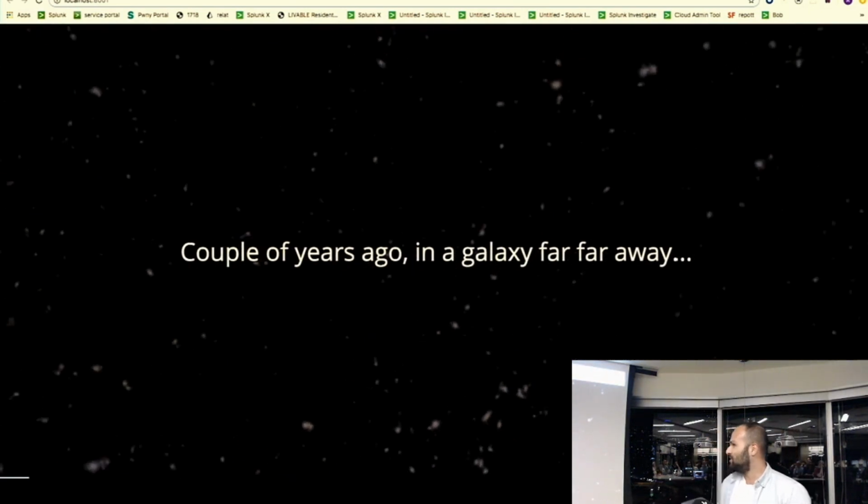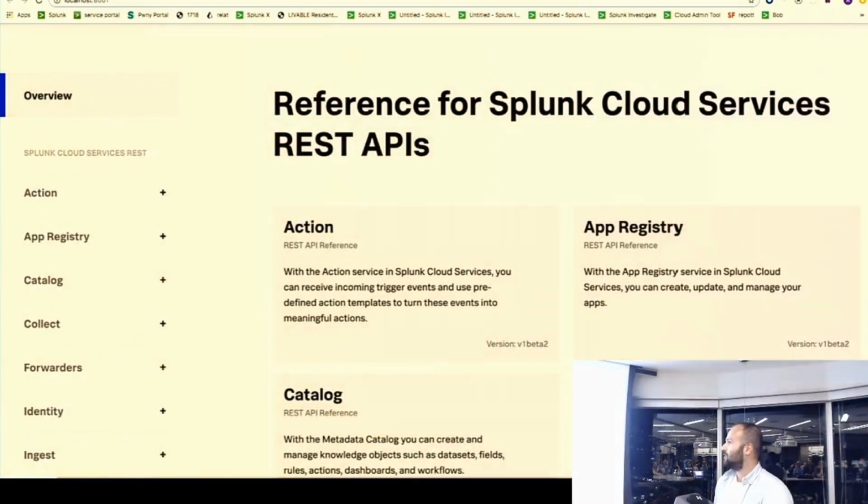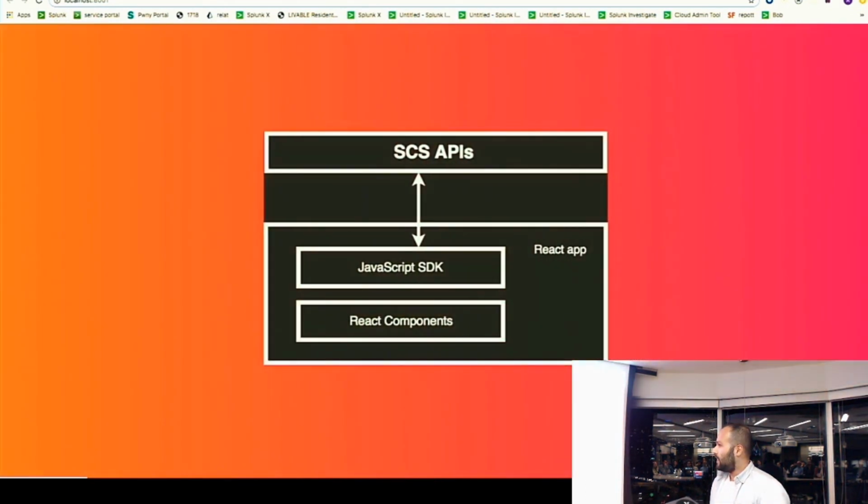So yeah, we go back to about 2 years ago. We've just released a new set of APIs, and as Lenny mentioned, we used to be an on-prem software, so this is kind of a big deal. These are our newest Splunk cloud services, cloud-native APIs, and we've been asked to build a POC app on top of these new APIs